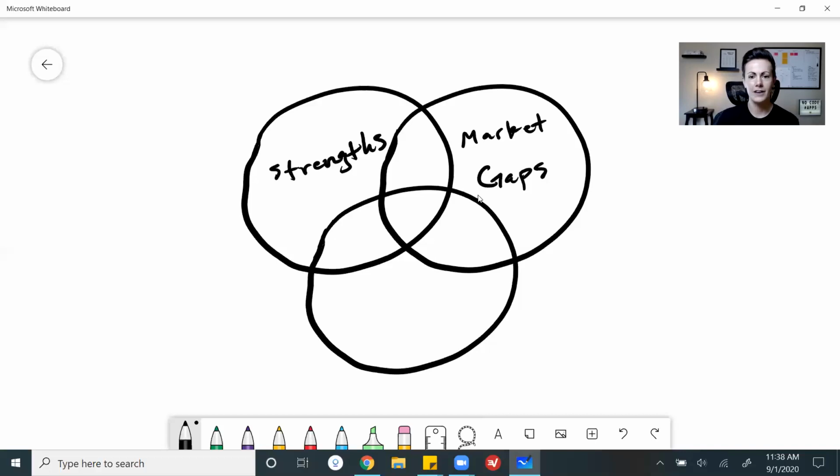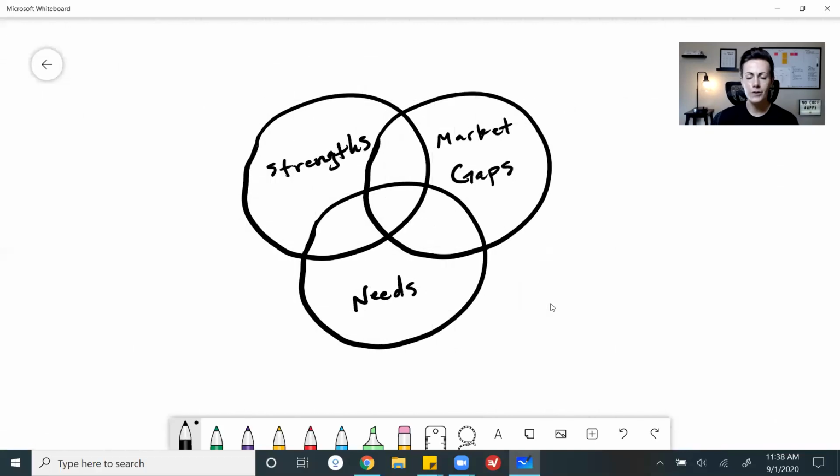And then the third thing that you need to think about are needs. Now, this is a little bit different than market gaps. What you need to make sure that you're doing is that you're solving a problem. So this is where we start to really step away from the gaps necessarily, because gaps can apply to segments of the market, they can apply to features, functionality, tons of different things. But then when we look to needs, you really want to start thinking about problems.